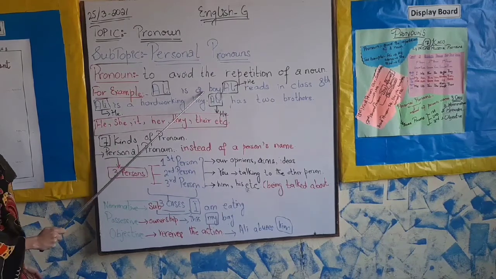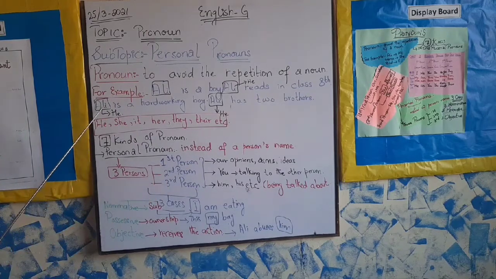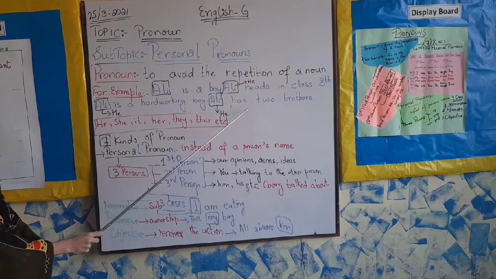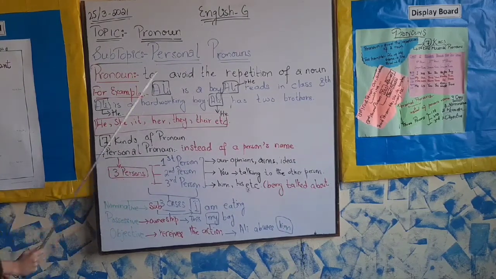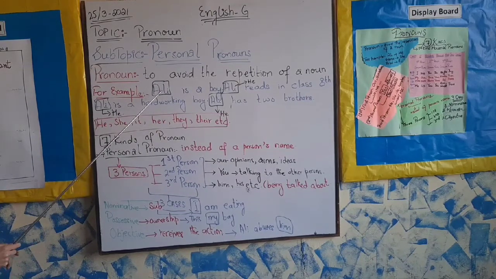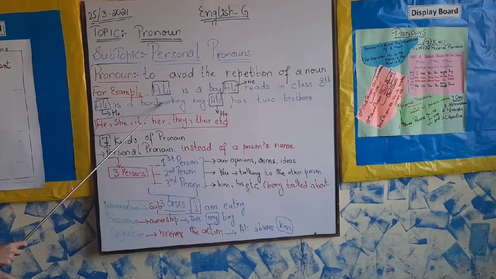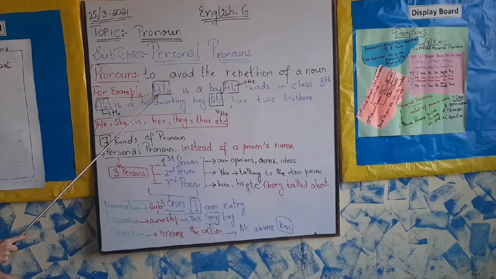Ali is a boy, Ali reads in class 8, Ali is a hard working boy, Ali has 2 brothers. So I am using the same name in every sentence, and it seems too awkward that I am using the same name Ali again and again. So in order to avoid the repetition,